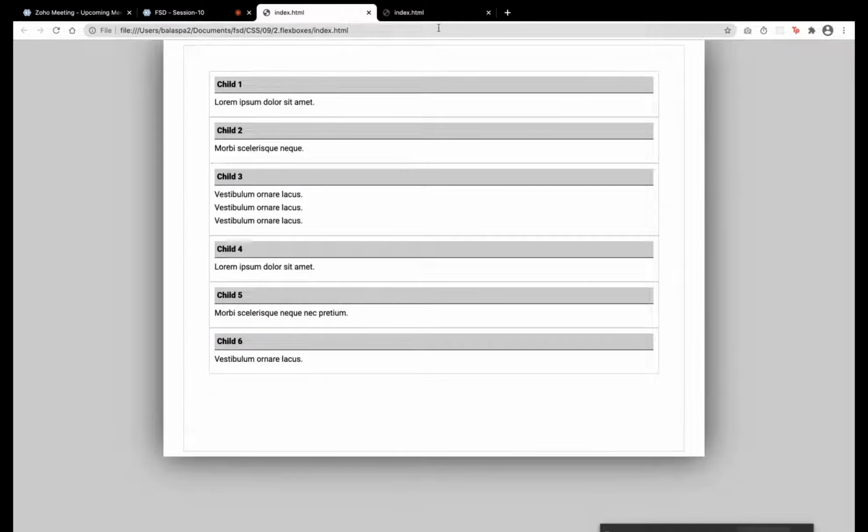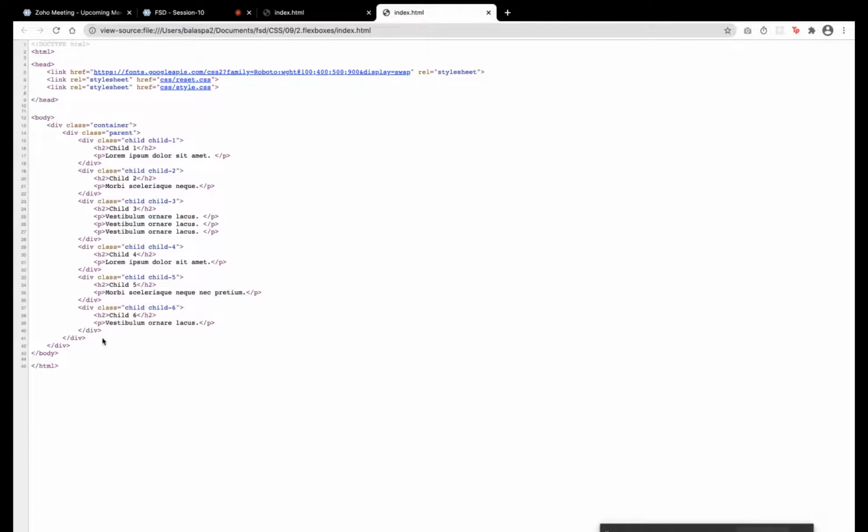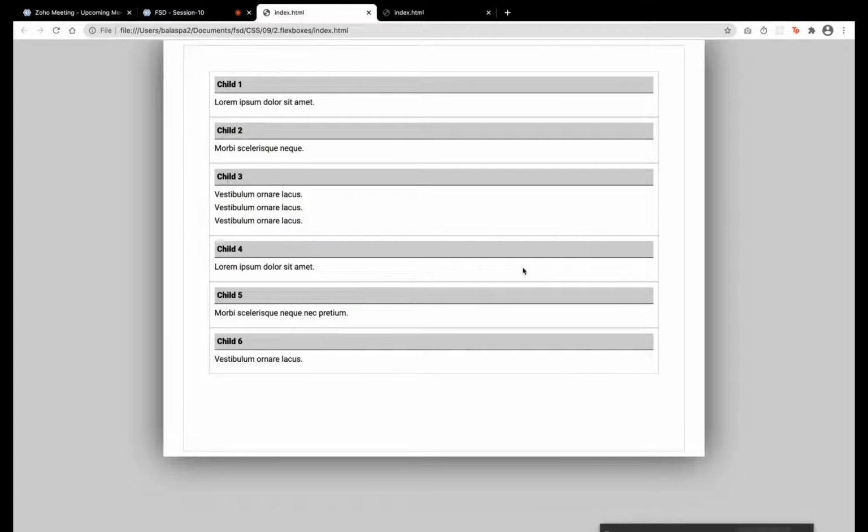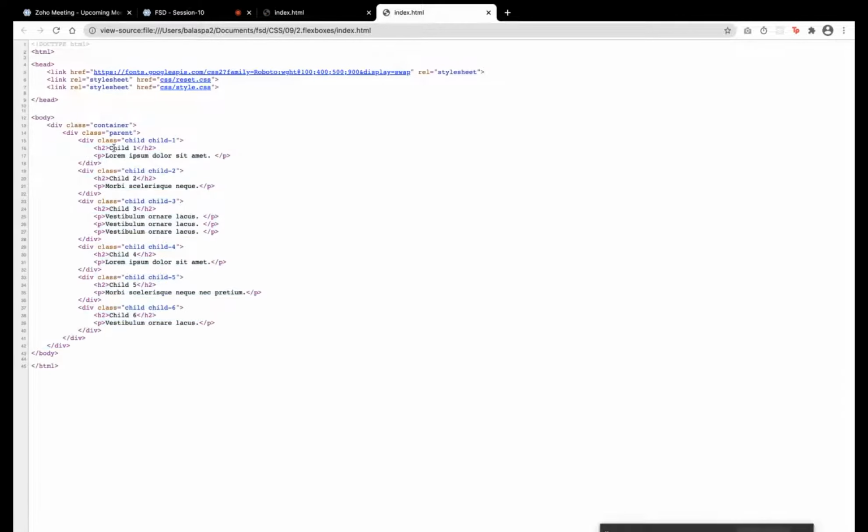Without Flexbox, if you add these, you can achieve it till like this. To make it columns, we need to add some things. Before that, the structure is 1 parent and 6 divisions: 6 immediate child elements of the parent. It should not just say child, but immediate child.